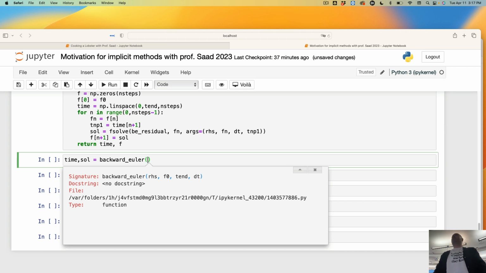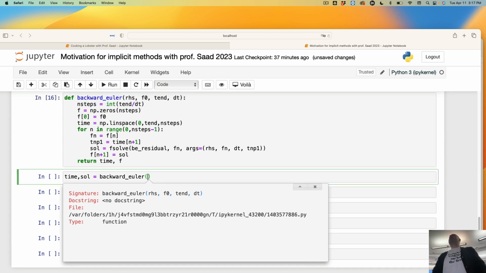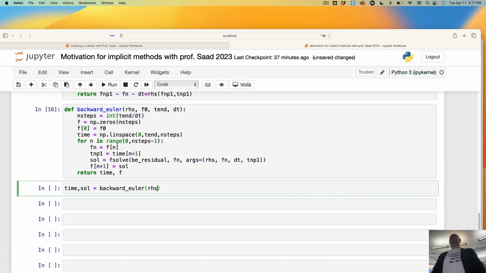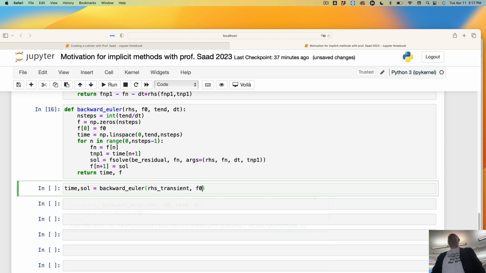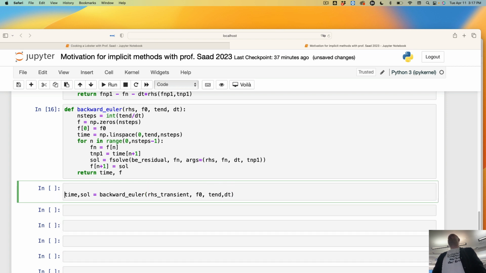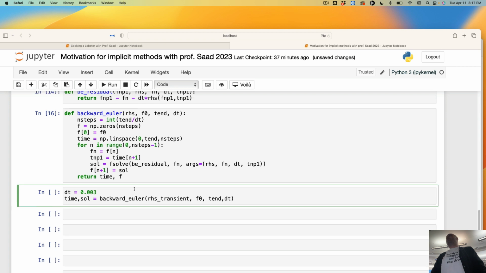We're going to give it a right-hand side function, which is right-hand side transient. We're going to give it an initial condition. We're going to give it t end and dt. So let's make a challenge here, and let's make dt equal 0.003, which was the one that diverged with